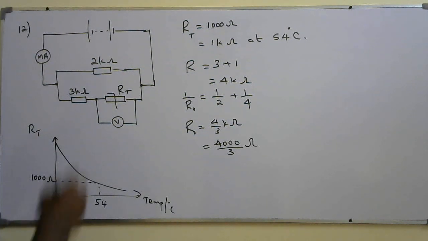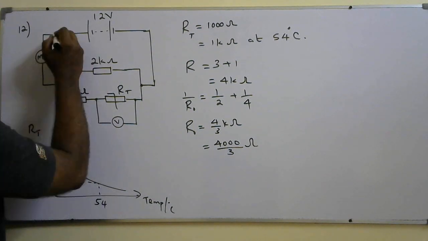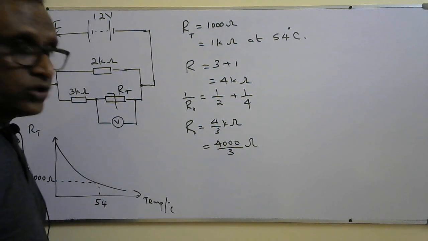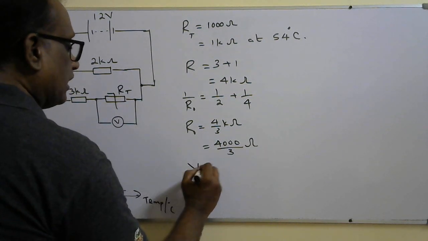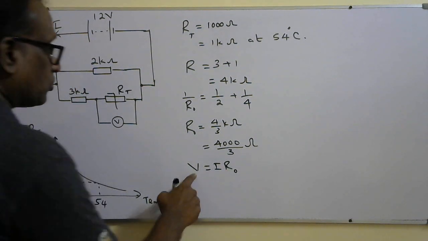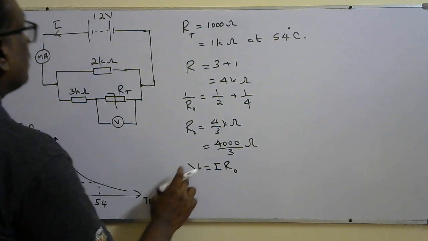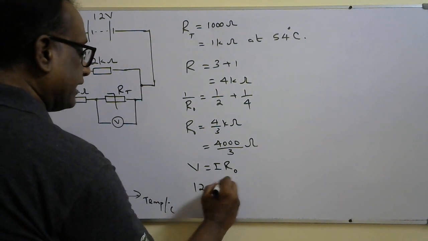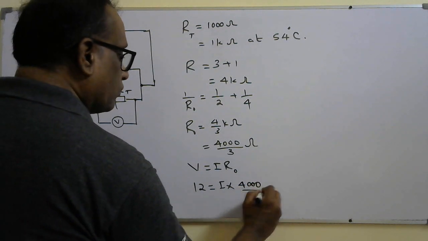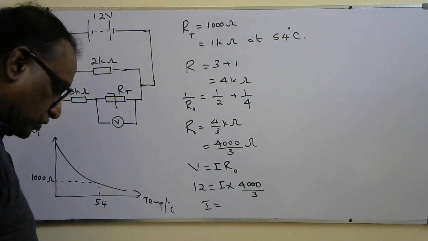In the circuit, the voltage, the EMF, is 12. So I need to find the current flow. I know the equivalent resistance, that is 4000 over 3 ohms. So I can use V equals I R for the equivalent resistance, I R naught. The voltage applied across the equivalent resistance of the circuit is 12. I need to find the current flow. R naught is 4000 over 3. So the current flow will be equal to